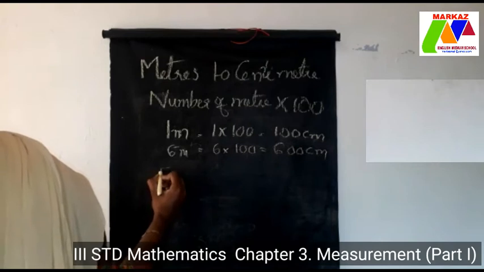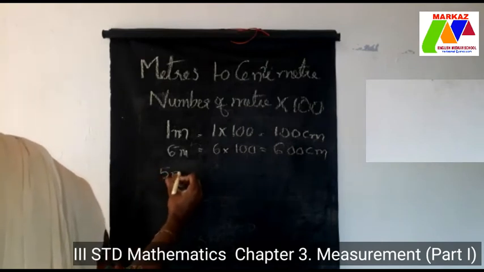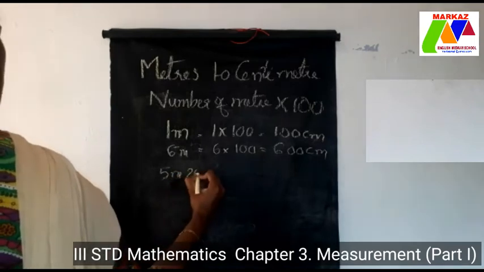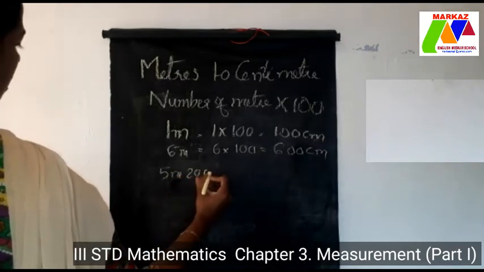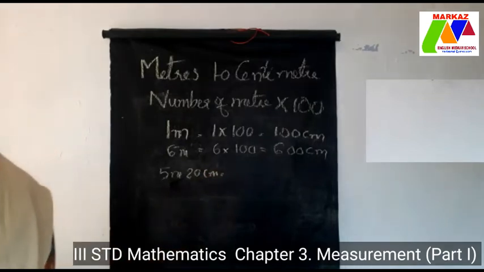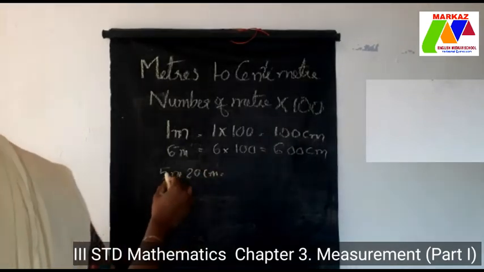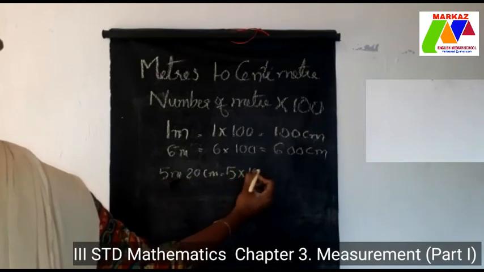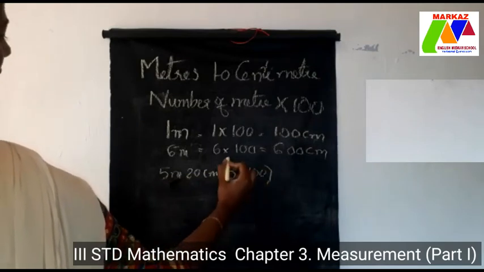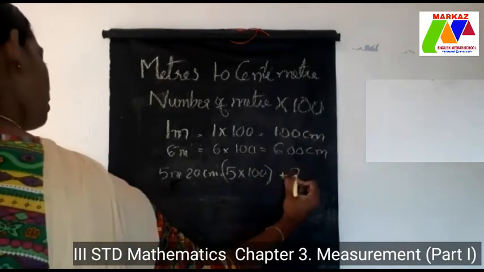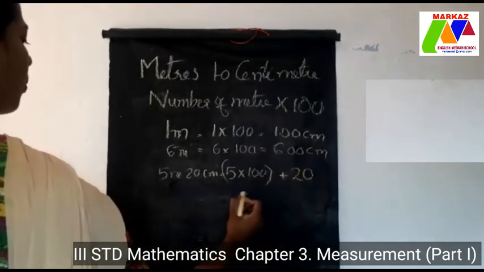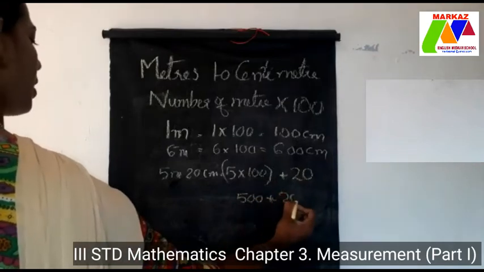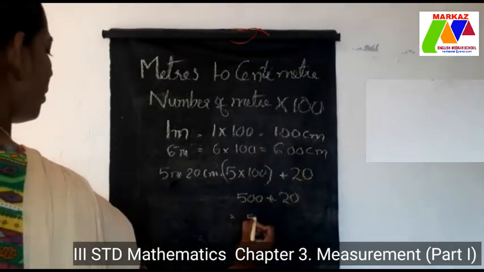So next example, 5 meter and 20 centimeter. First let us start with this. 5 meter, so 5 into 100 is equal to 500, plus that 20. So 500 centimeter plus that 20 centimeter is equal to 520